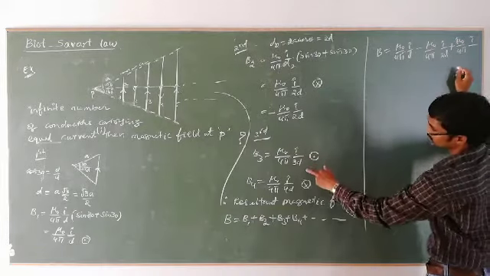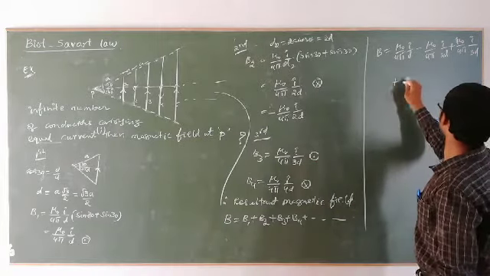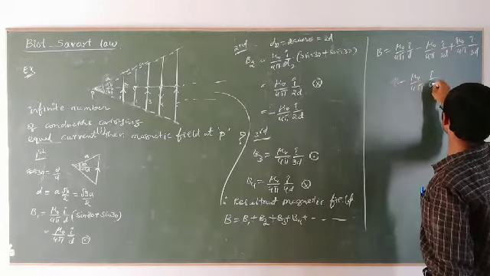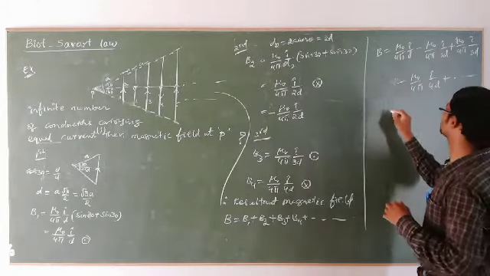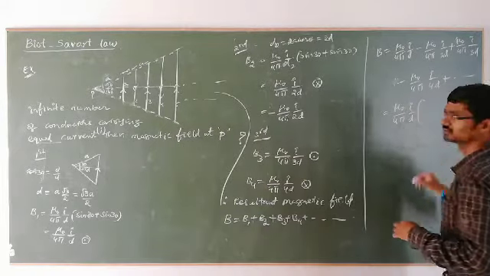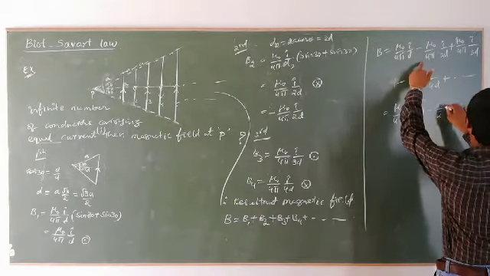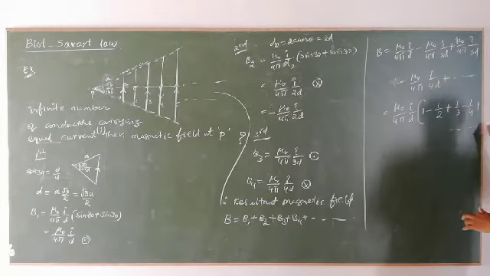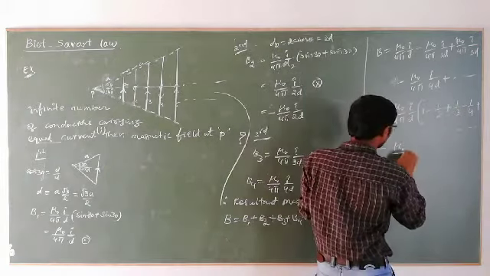I by the third one, which is nothing but 3D. And B4 plus again minus, inward, mu naught by 4 pi I by 4D plus and so on. So it is an infinite network. That is equal to, you can take mu naught by 4 pi I by D as common. Now 1 minus 1 by 2 plus 1 by 3 minus 1 by 4 plus and so on.